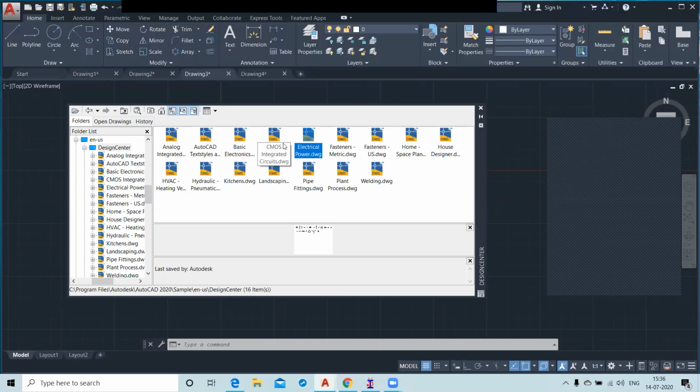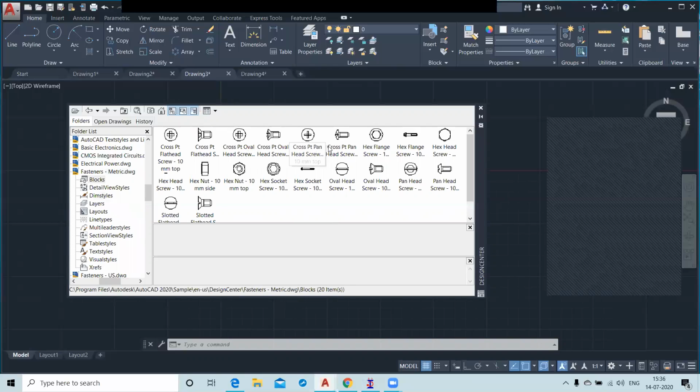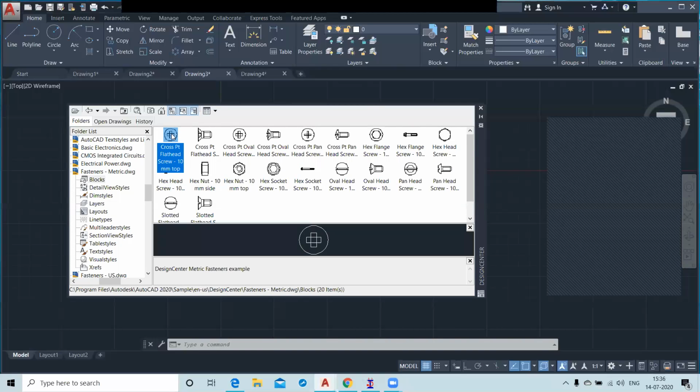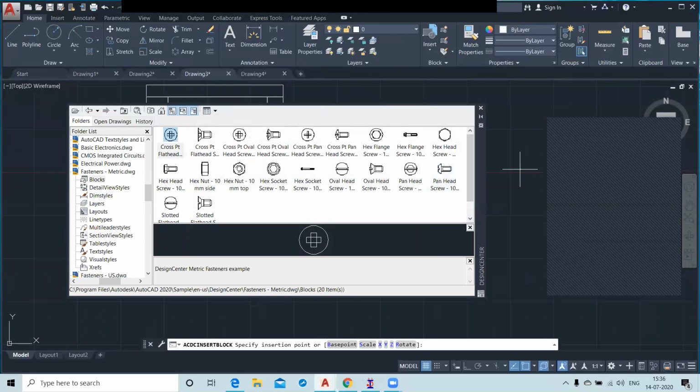And these blocks contain mechanical equipment, fasteners. Just click on blocks. See, these are the fasteners. You just click on any object, double click and OK, and you can use it anywhere.